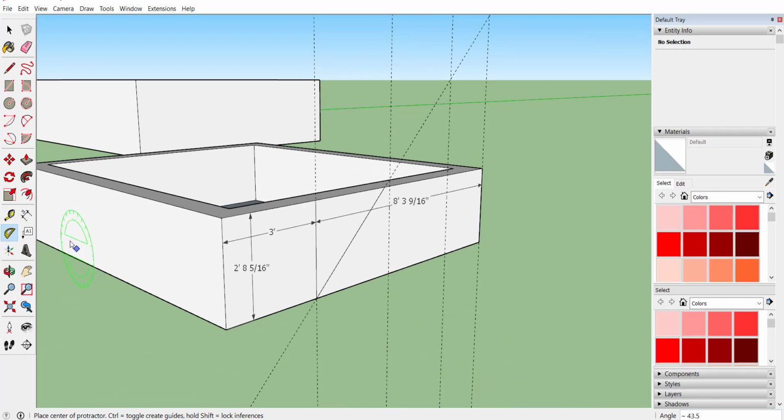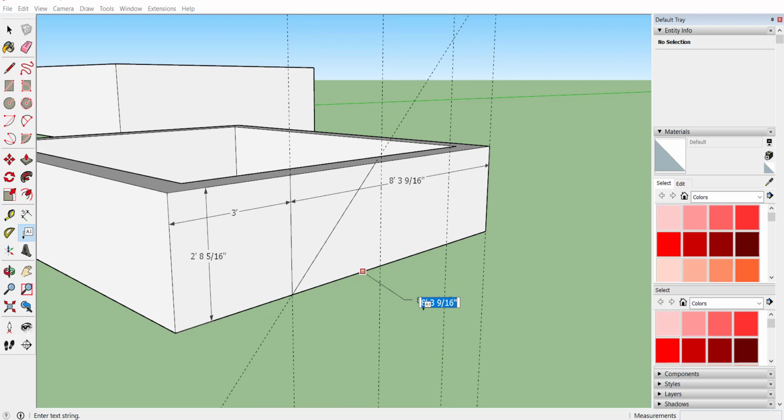Now if you want to provide any text, then adjacent to the protractor there will be a text option available. So just select the area or any edge for which you want to provide a text. Let's consider I want to provide a text for this particular edge. Select that edge and you can see it will show its dimension.